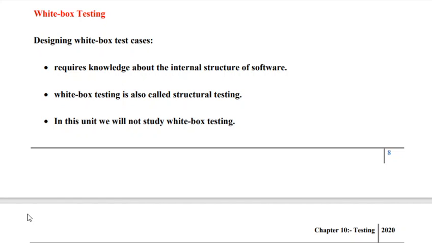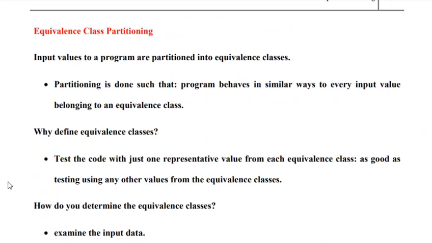McCabe cyclomatic complexity is a complexity that tries to represent the structural aspect of the system, or it focuses on the structural complexity. So you need to prepare an assignment on the various white box test case design mechanisms and McCabe cyclomatic complexity. So now let's move on to the different types of